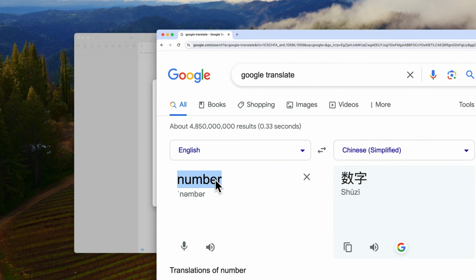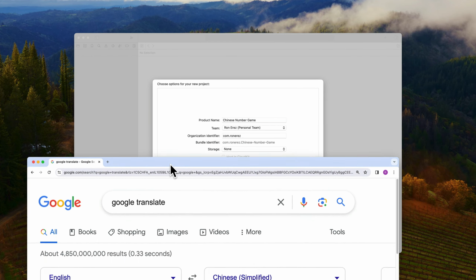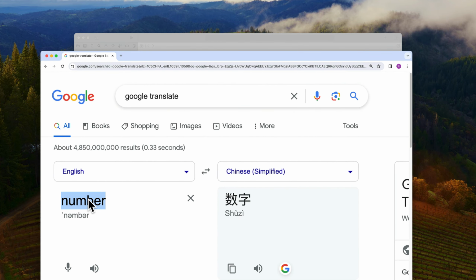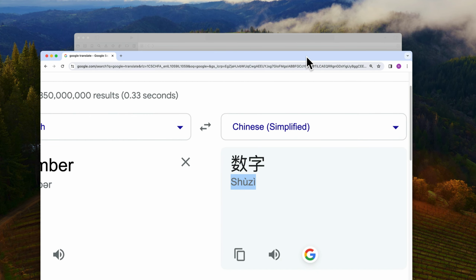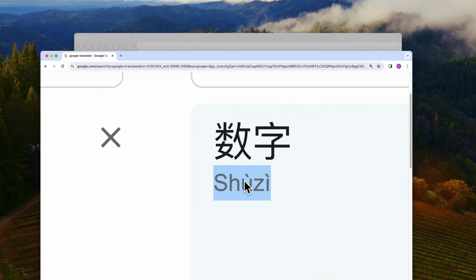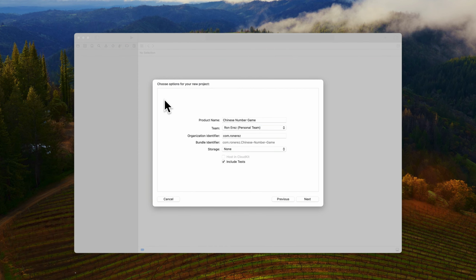So I went to Google, and we're going to be dealing with numbers in Chinese. So let's see Google Translate of number. 数字. So 数字, right? If I pronounce it correctly. So we're going to use the pinyin version, right? This English version of the Chinese characters for the name of our game, but I don't want these accents. So I'm going to call this, instead of Chinese number game,